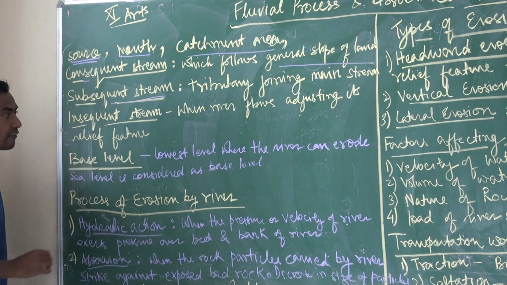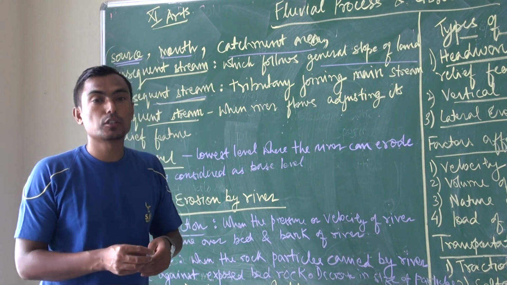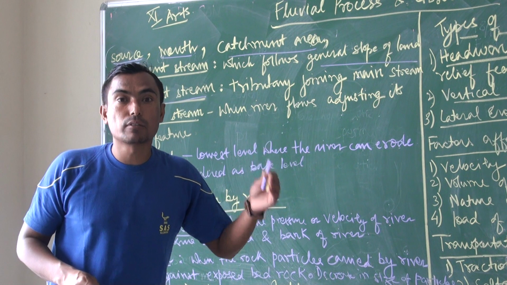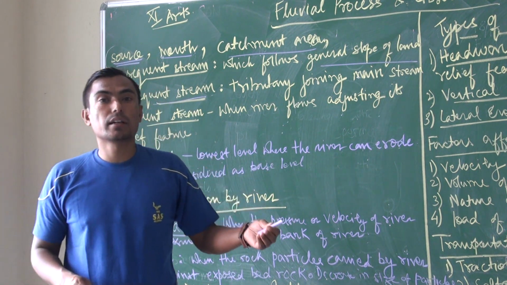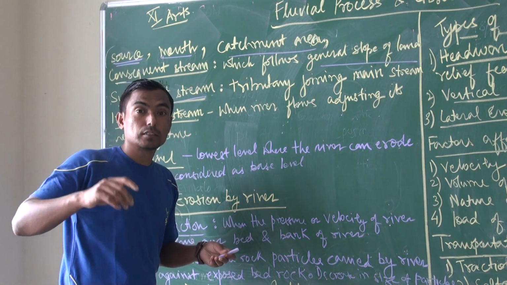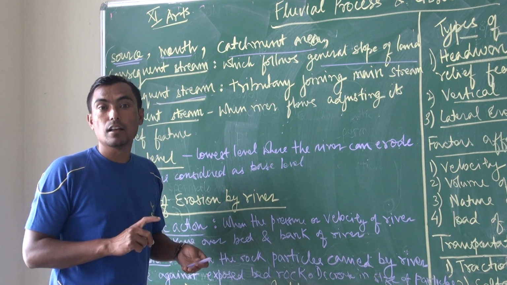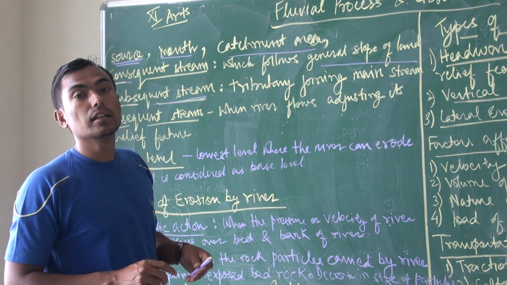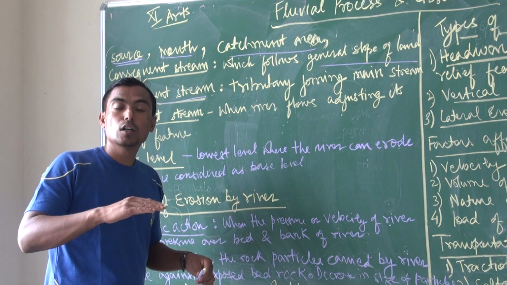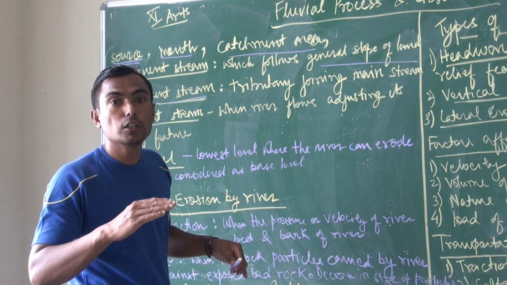Next, base level. I think this word is very, very common, because especially whenever you look at the map or at the height of Mount Everest, the present height of Mount Everest is 8,850 meters. Now, this height of Mount Everest is measured from the sea level. Why is it measured from the sea level? Because the sea level is the deepest portion on the Earth's surface where further erosion